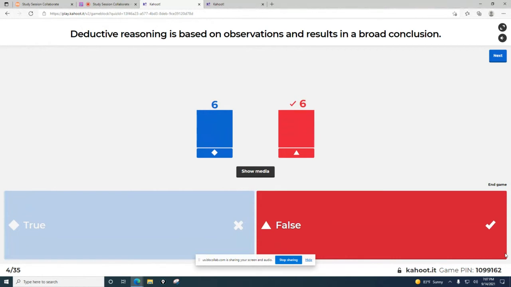Okay. Yeah, so those are all really good points. But what really helps me is looking at the end conclusion. Like you said, with deductive, it's a single instance. It's very specific. While our inductive is very broad and encompasses many things. So what would make this statement true then?